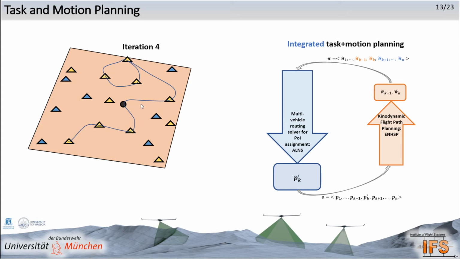The neighborhood search of adaptive large neighborhood search also breaks down the complex problem very naturally into smaller problems that can be solved by ENHSP. And finally, problem-dependent meta heuristics can be built easily into the adaptive large neighborhood search. The long list of meta heuristics used are described in the paper.